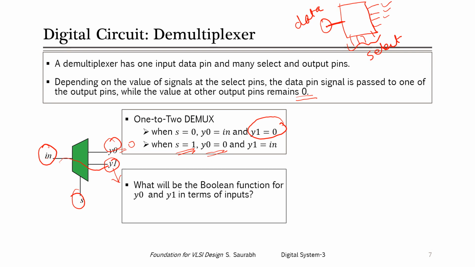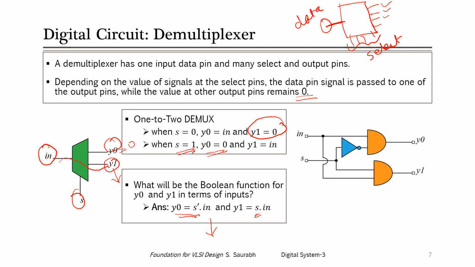And we can easily write the Boolean function for Y0 and Y1 in terms of inputs, right? So Y0 will be S complement into in, right? Why S complement? Because when S was 0, then Y0 will receive in, right? And when S is 1, then Y1 receives the value of in, and that's why Y1 is equal to S dot in, or S and in. And using this Boolean function, we can implement the Boolean circuit or logic circuit,